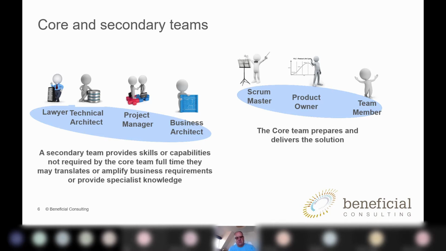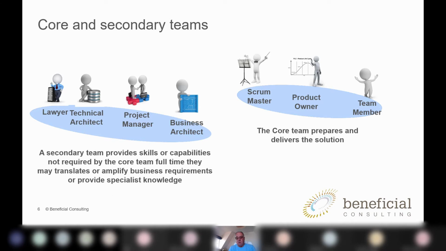But those are the people that would be operating using the plan, do, check, act approach of Scrum, right? But in addition to that, teams sometimes need additional players. Those additional players may be a lawyer, a technical architect, somebody from marketing, a project manager or two, a whole host of specialized skills. I've got one team where for 2 or 3 sprints they're going to work with an artificial intelligence specialist, and then that person can step outside the team. So what Disciplined Agile suggests is that you have core teams, and those core teams plan their work in sprints and all the rest of it, but then they call on additional resources or specializations as they are needed.